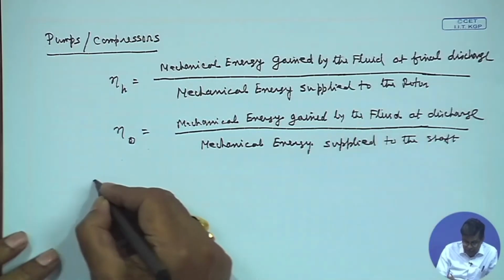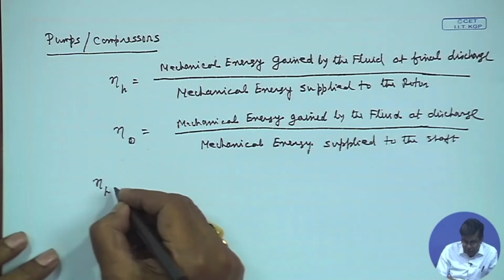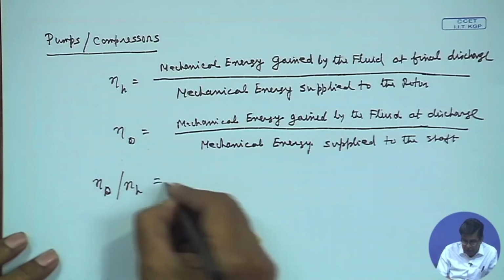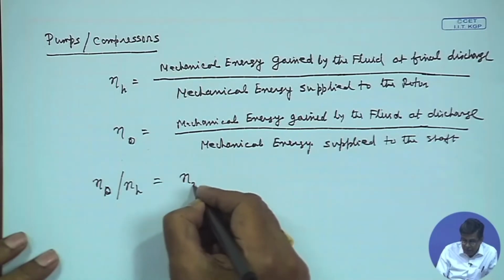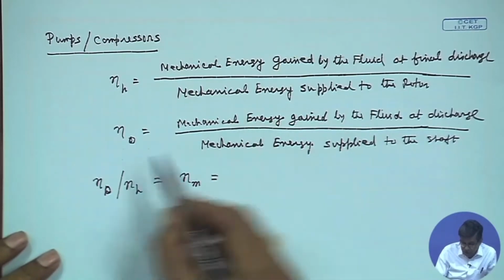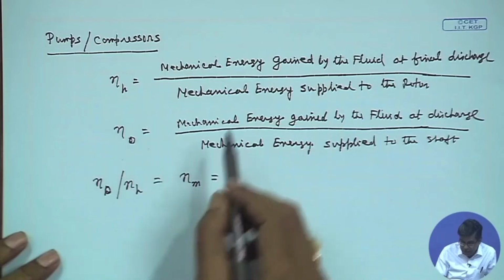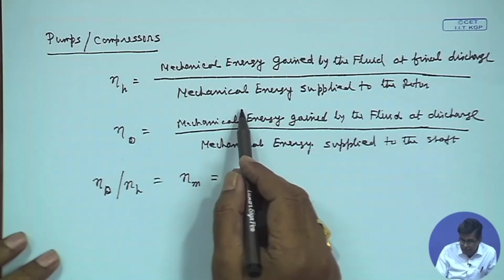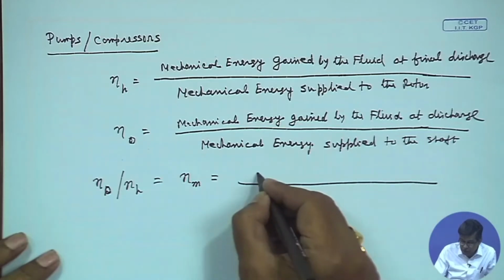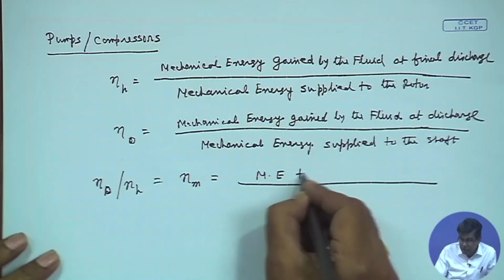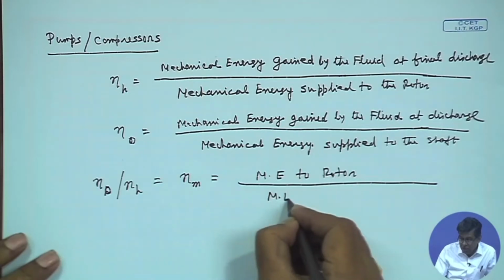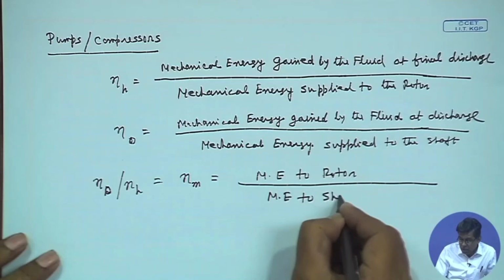So, therefore, overall efficiency deals with the energy supplied to the shaft and the energy gained at final discharge. And in a similar way, overall efficiency divided by the hydraulic efficiency is the mechanical efficiency, which is the ratio of what? If you divide this by this, it is the mechanical energy supplied to the rotor divided by the mechanical energy supplied to the shaft. That means mechanical energy to rotor, and I am writing in short, mechanical energy to shaft,